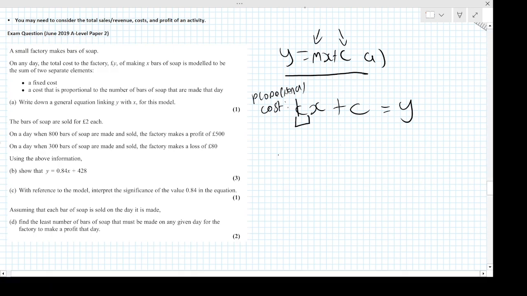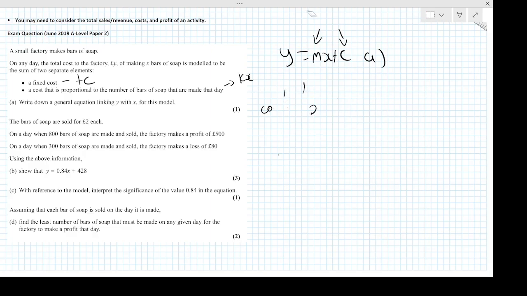Okay. So again, fixed cost will be plus c, and proportional cost will be kx. If you add those together, I get kx plus c, which is in the form of mx plus c. But I'm going to call it m instead. That's our equation to part A. Cool. Then part B